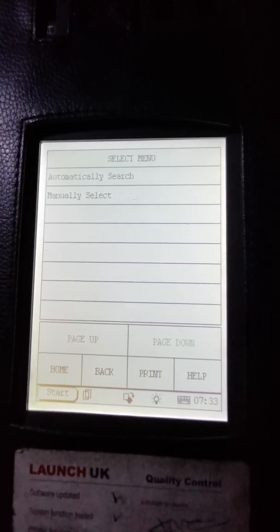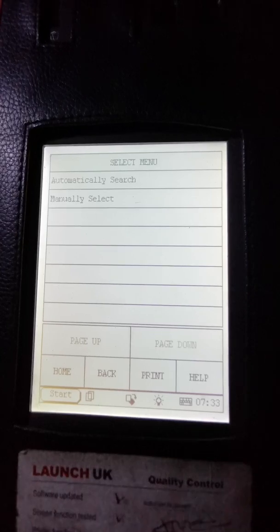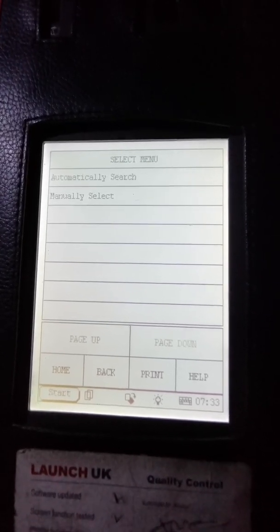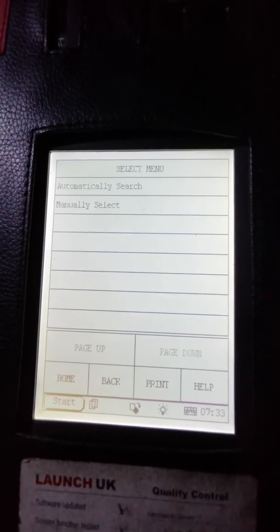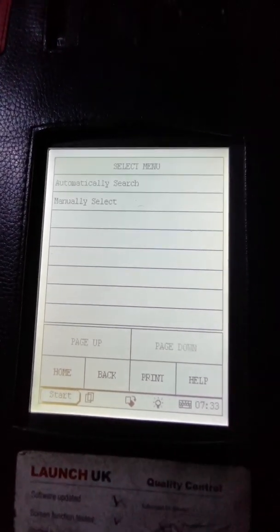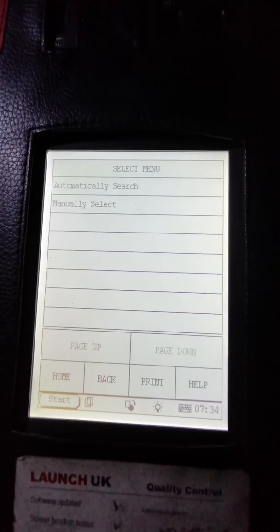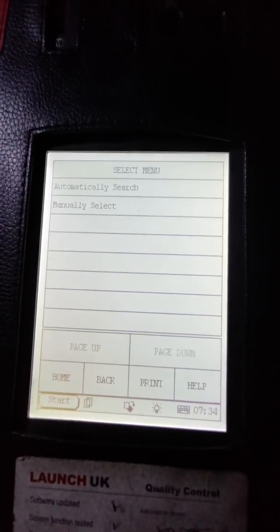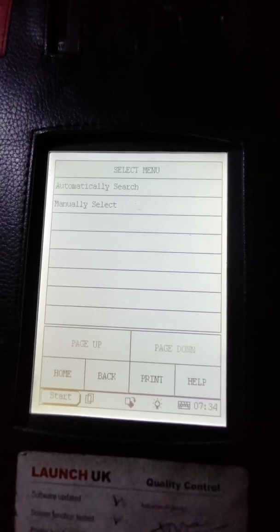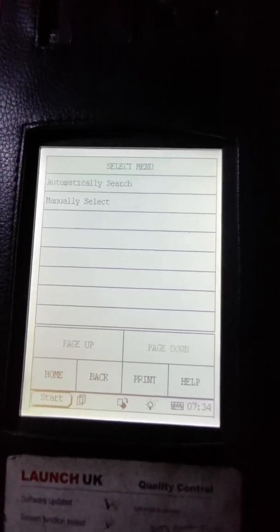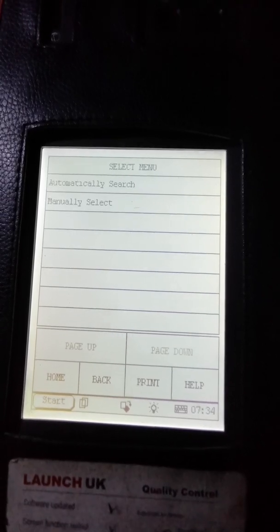You could also sit on the spot with the engine ticking over. You can try and rev it and it made no difference, it wouldn't rev. So I got told that you can set the parameters for the MAF. You can either use Launch, I think Autel will do it as well, and there's a couple of Land Rover specific ones that will do the same. Luckily I managed to borrow this off of a friend